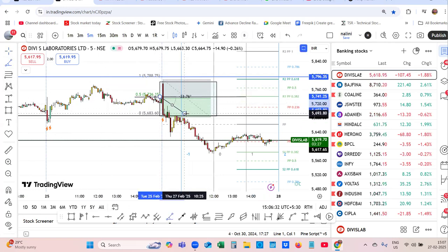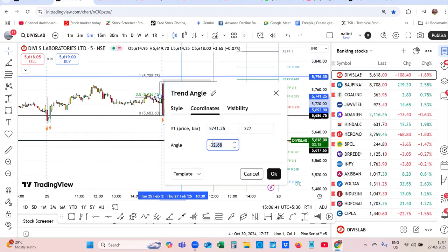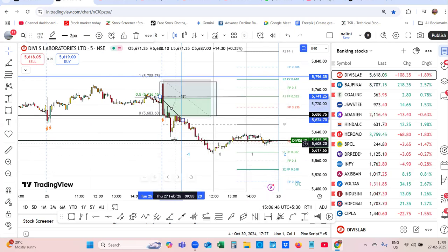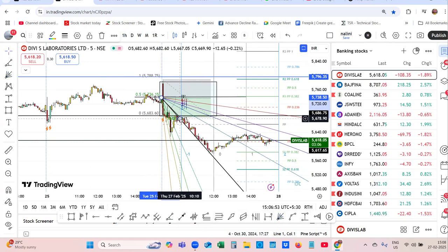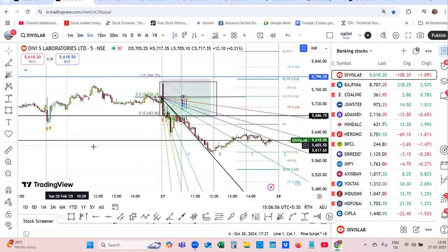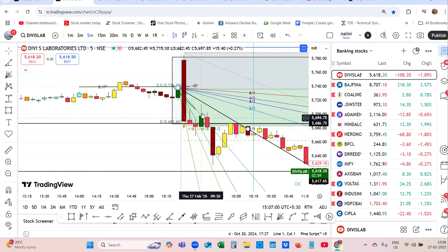I'm anchoring 45 degree from this pivot, 5,740. Let me go to the coordinates and let me do it 45. Automatically it will fit into 45. Okay, now I'm anchoring the Gann fan. Anchoring the Gann fan and the retest, you can see I'm zooming it out, retest failure around the 45 degree,